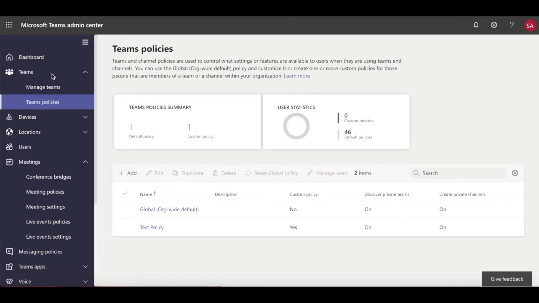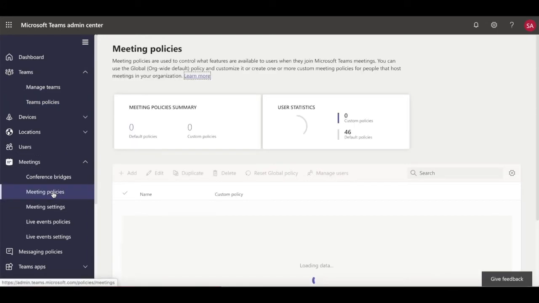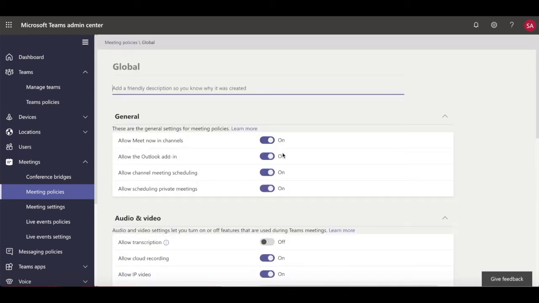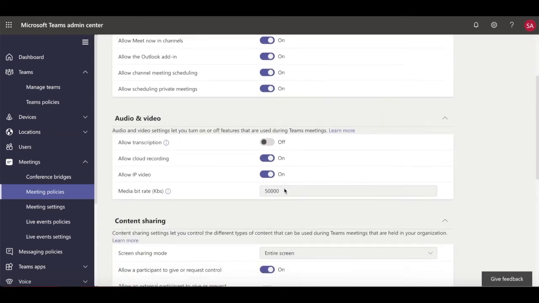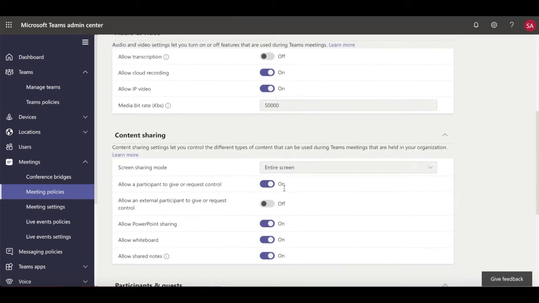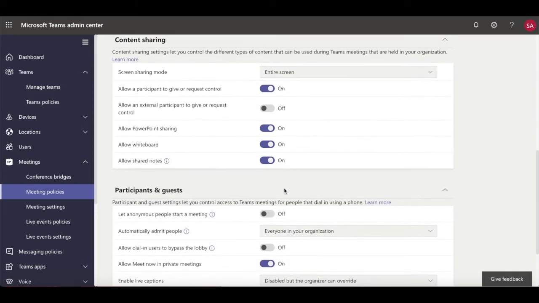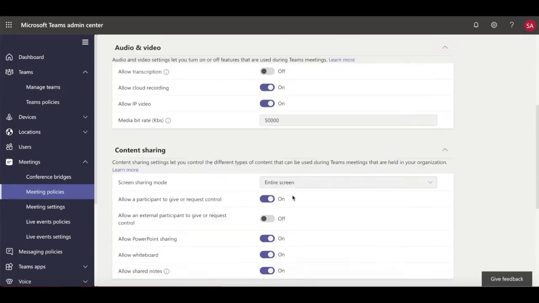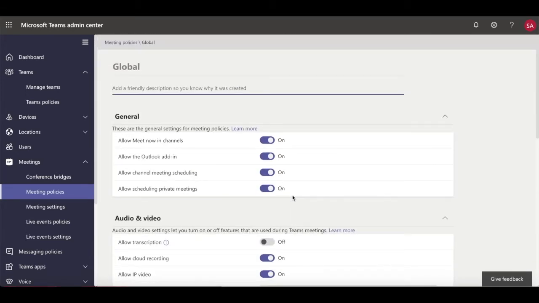So if we're in the Microsoft Teams Admin Center and we come down the side here and we look at meetings, we're going to click on the meetings policy. Now there are lots of policies for lots of different things within the Teams environment. Most users will have the global org-wide default policy on them. And when we click on that, you can see all the different things that you are and aren't allowed to do. So you can have a look through this and decide what you do and don't want students to do, what you do and don't want staff to do, and toggle things on and off,